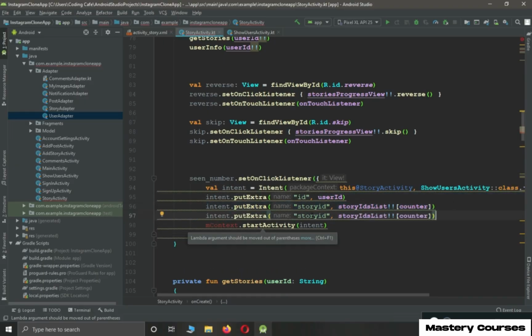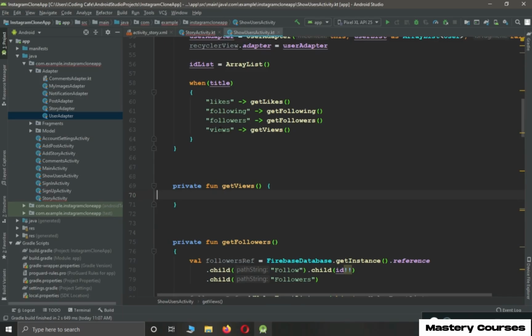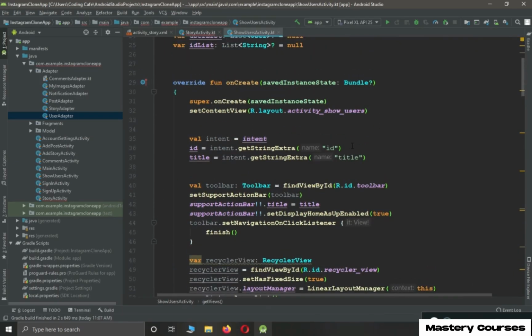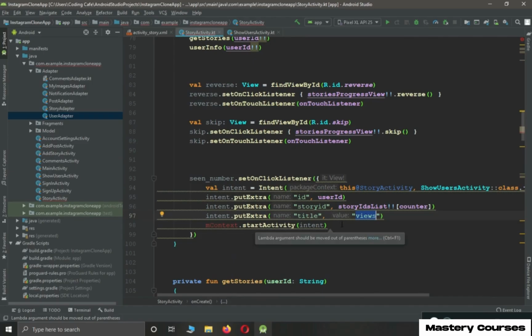So, title. Make sure to use the same spellings, okay, that we are using here. And as you know, we are receiving the ID and title by the same name, okay, with which we are sending from here. And then start